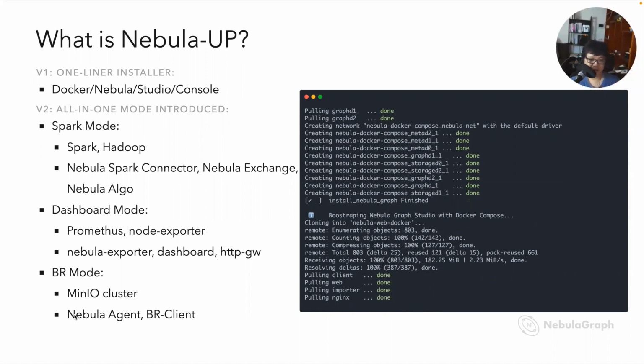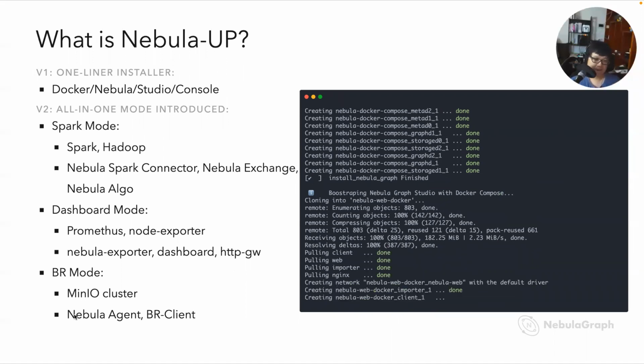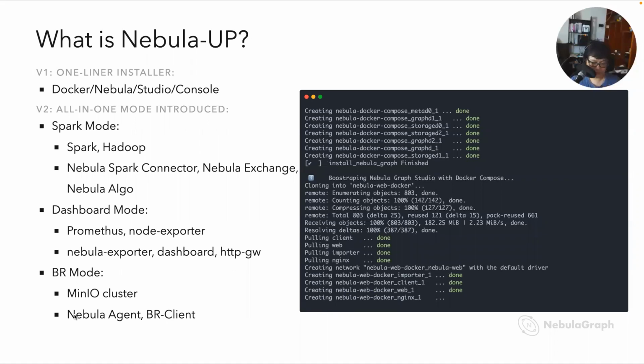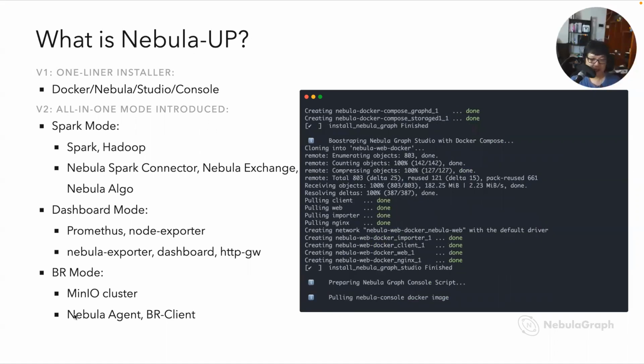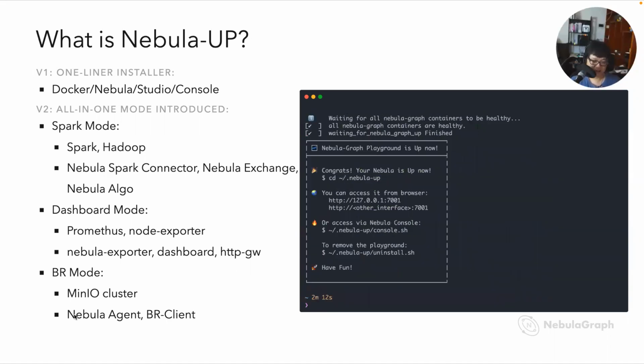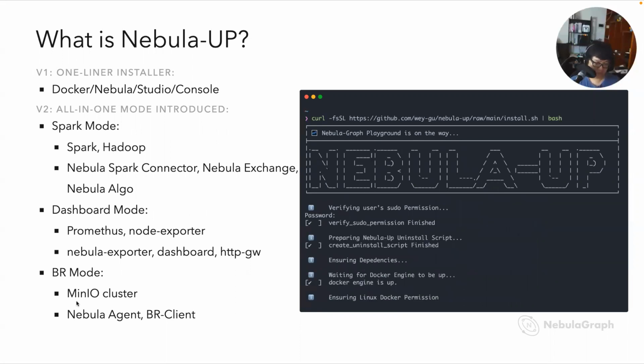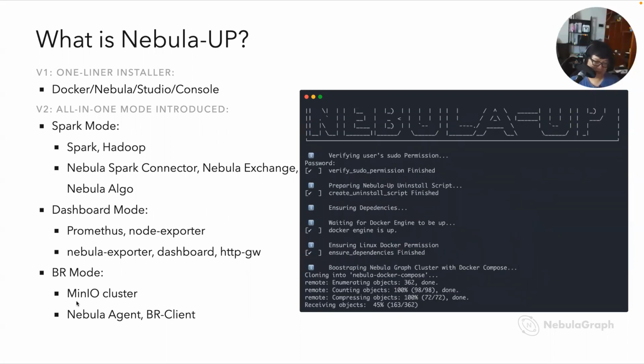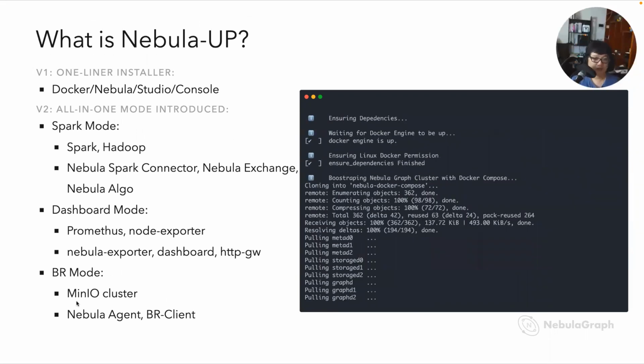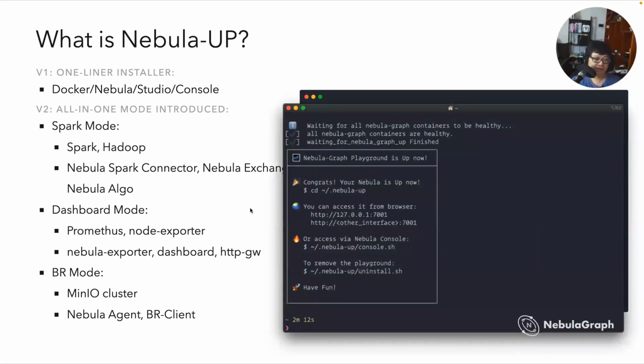And for the BR, in this BR setup, I help you configure and set up the Nebula agent, which is like a sidecar of all the services, and I will install the BR client CLI for you, and then I will set up a MinIO cluster for you. You can consider in your production, maybe it's your S3 service. So yeah, after you run that, you will see